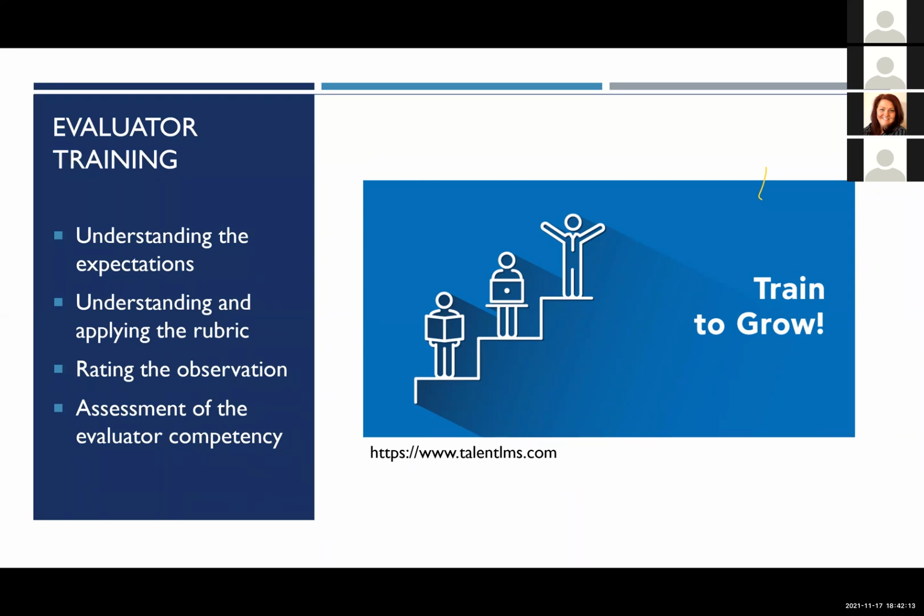Okay, so the training should also include a component assessing the evaluator's competency. Okay, I mentioned this before, right? The evaluator should have mastery of the skill that they are evaluating. You can't evaluate somebody else if you don't also have mastery of that skill. So simply participating in a training course does not guarantee mastery. Okay, just because I took the course doesn't mean I'm going to be good at this. So there should be a component built into your training program for the evaluator to apply the concepts that they learned and to